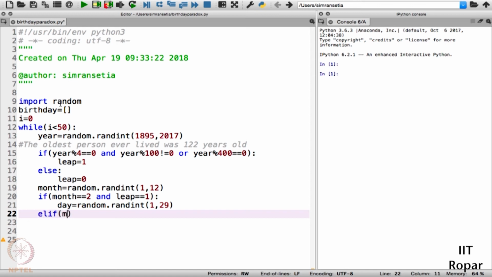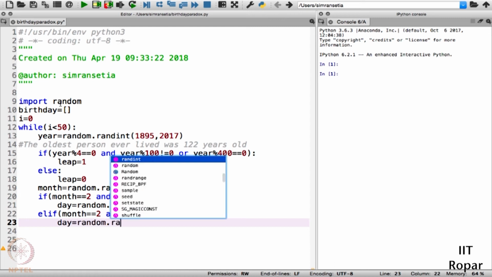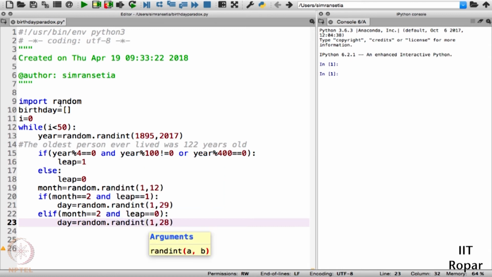Else if month is equal to 2 and leap is equal to 0, that is, the month is February but the given year is not a leap year, so we'll have day is equal to random.randint from 1 to 28.